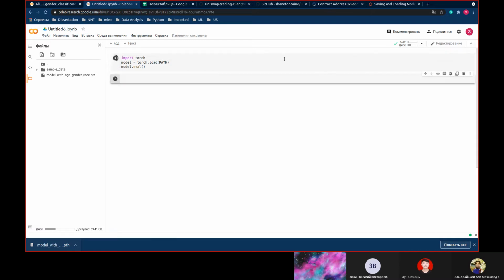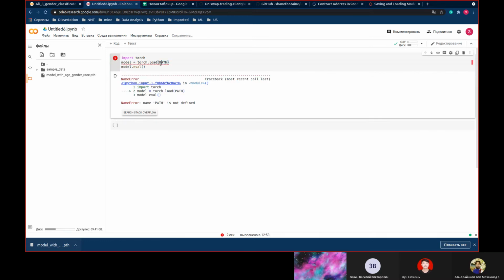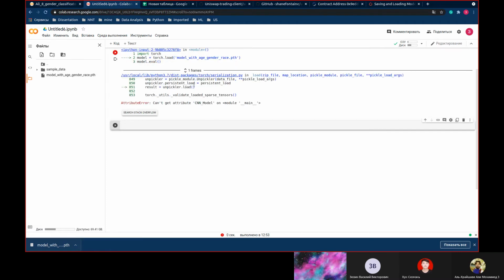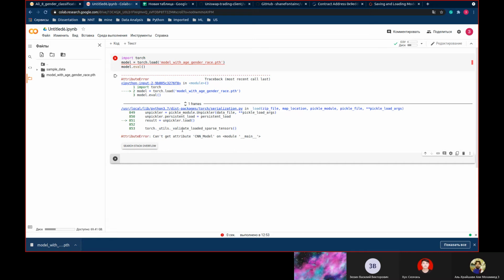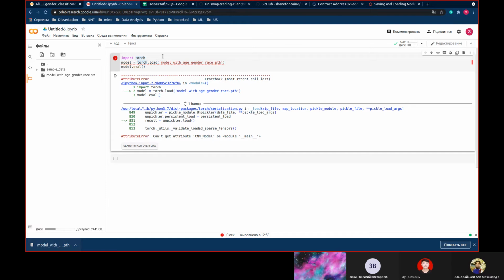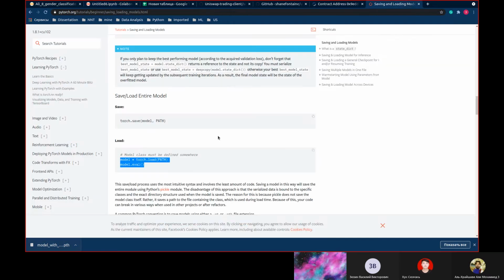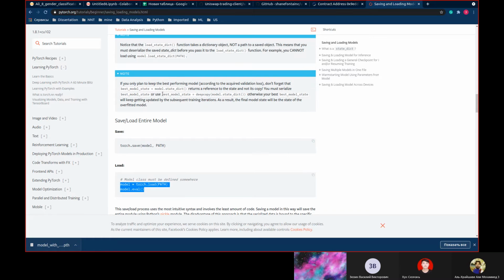Torch and, yes. Model with age, gender, race. Okay, can't get attribute in CNN model. Okay, there is some problem here. Model frame.